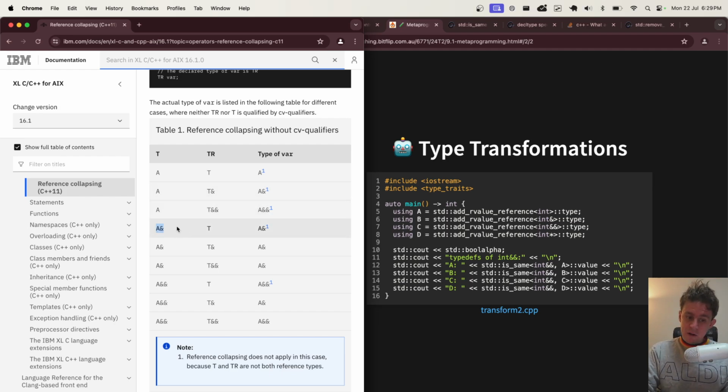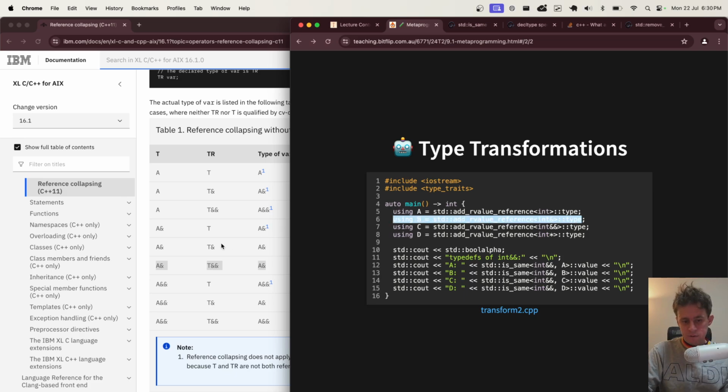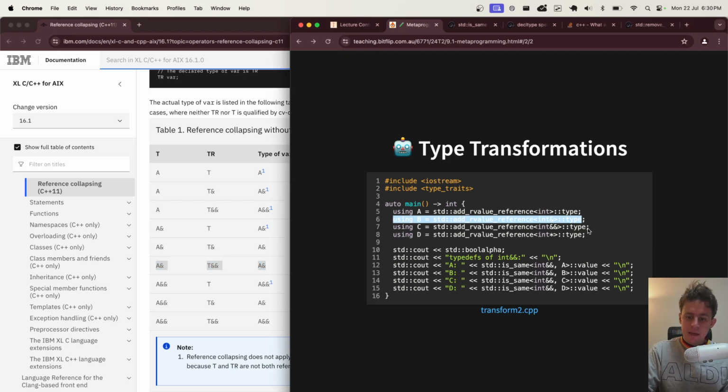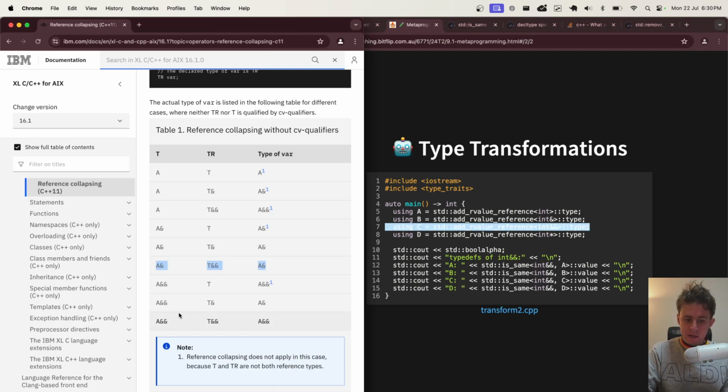If you have an L value reference and you add an L value reference to it, it stays as an L value reference. But this line is where things get interesting, because it reflects line 6 here on the right, which is saying if you try and add an R value reference to an L value reference, you get left with an L value reference. And similarly, if you add an R value reference to an R value reference, you just end up with an R value reference.